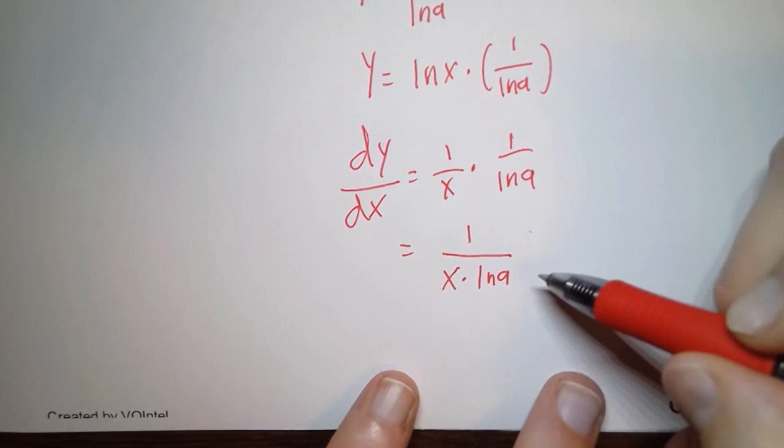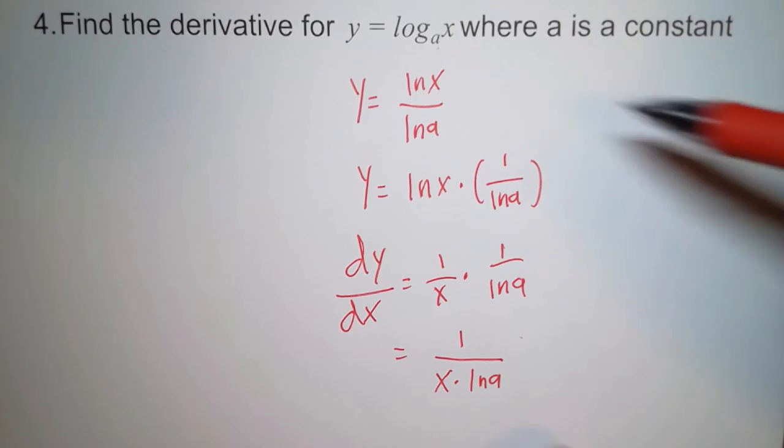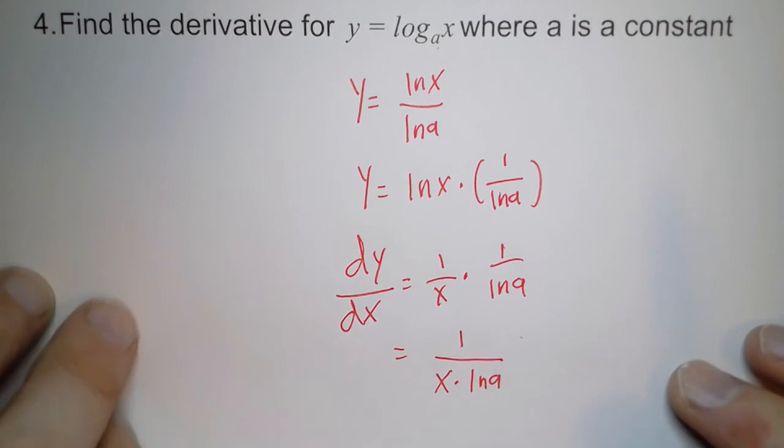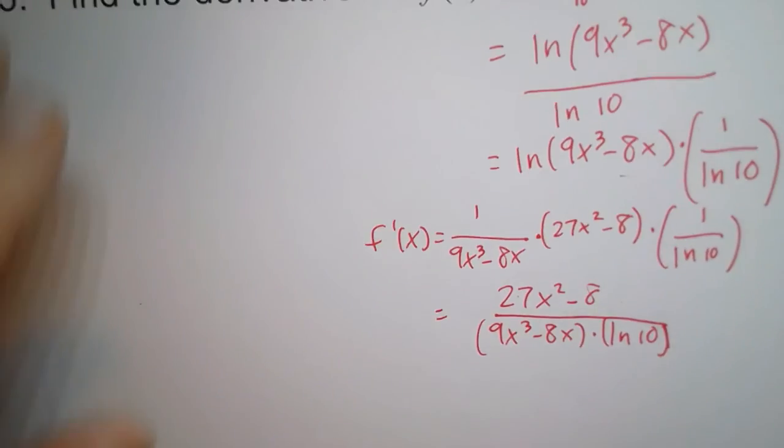And so that right there is the generalized rule for any logarithm where the base is not e, where the base is some other number. So those were the logarithms. Now let's take a look at